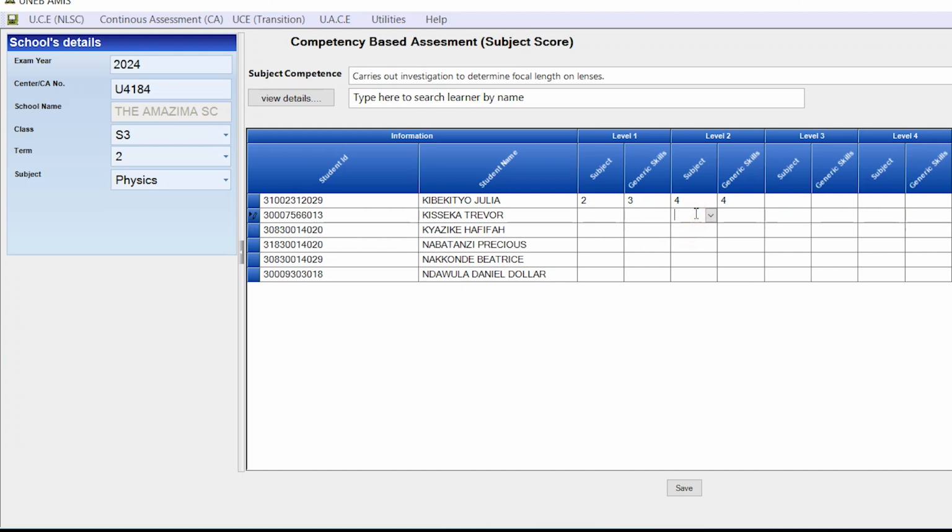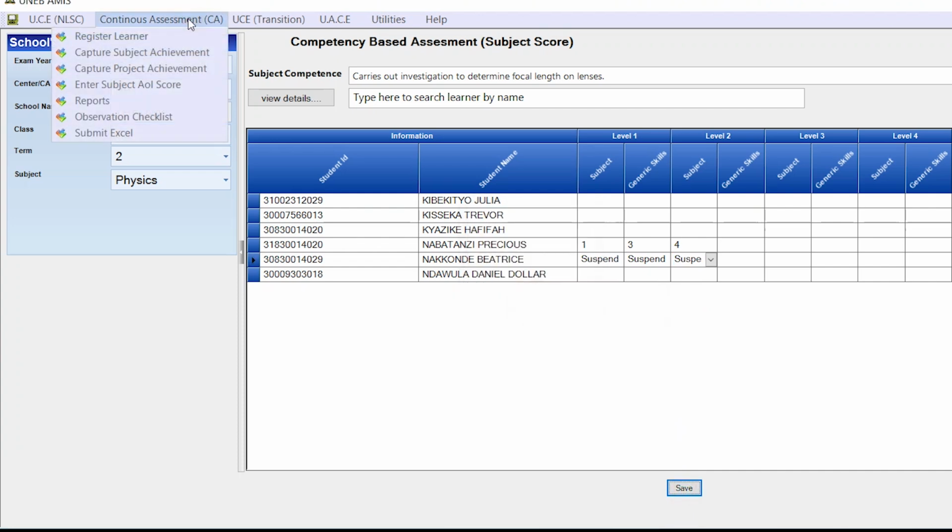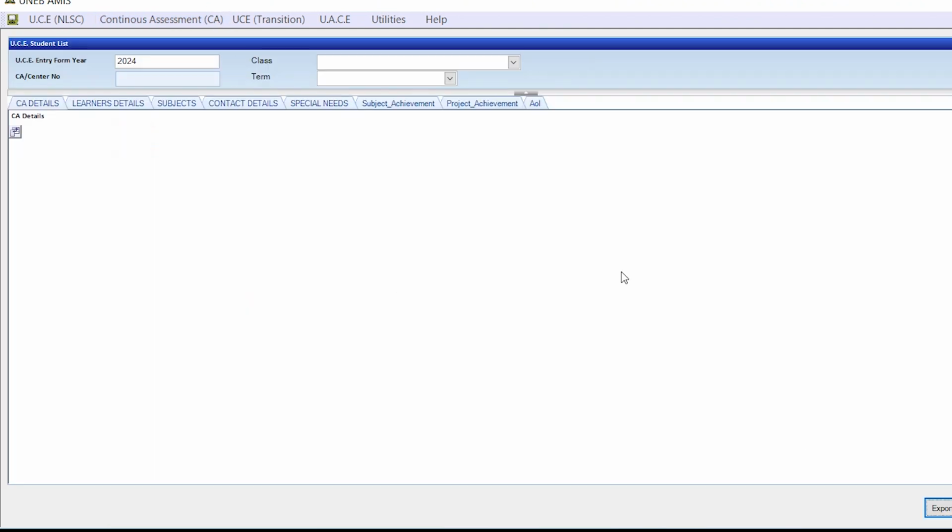Let me say, instead of using the first two students, I'm going to use maybe after the first two, I can decide to put marks here. One, and I put this, and I put this, and say here I can call it suspended, and save these marks. After, I also decide to export or submit to Excel,